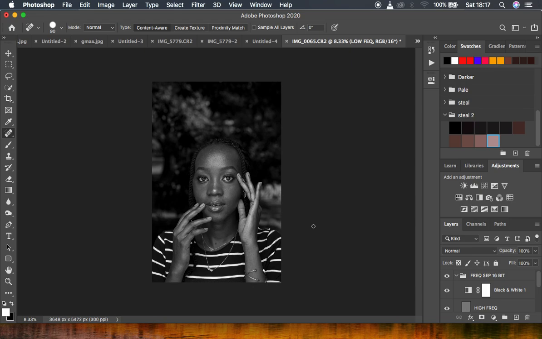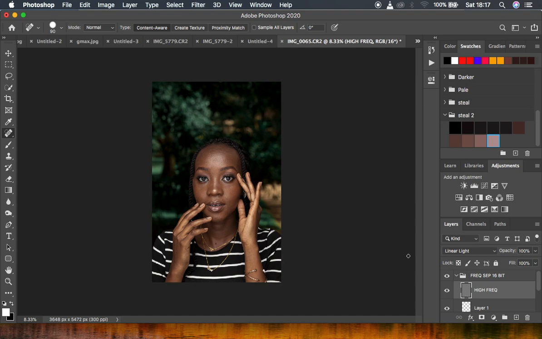If you don't have it and you find it a little confusing when you're doing your skin retouching, you can delete it. The technique I'm about to show you is going to help you get to see those uneven skin tones better,